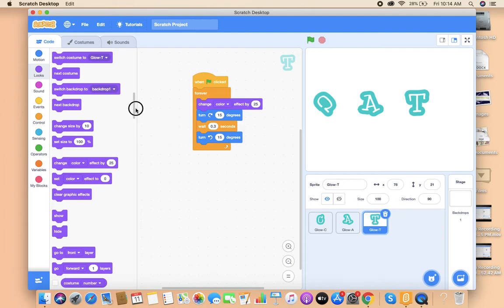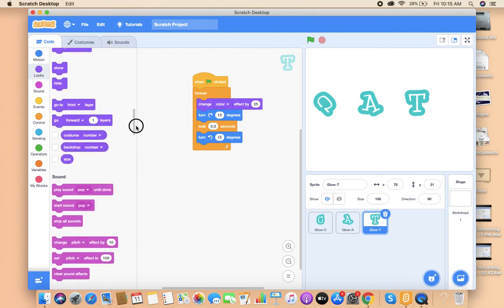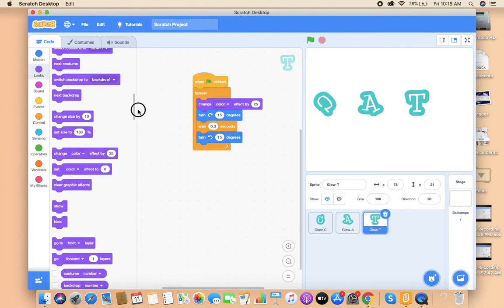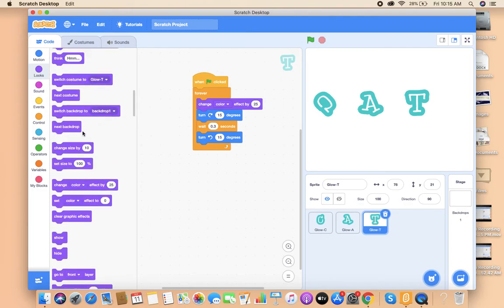So we will go to looks and select change size by from looks. I'm repeating, you will go to looks and select change size by. We will change its size by, let's say, 20.